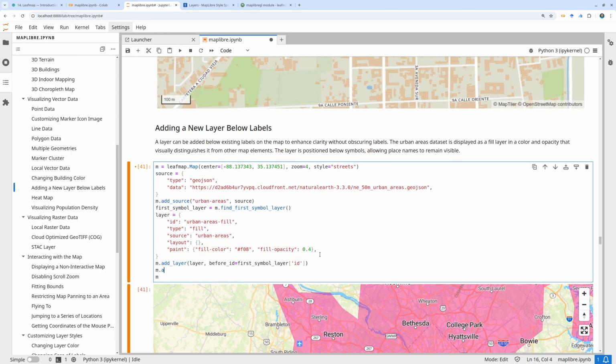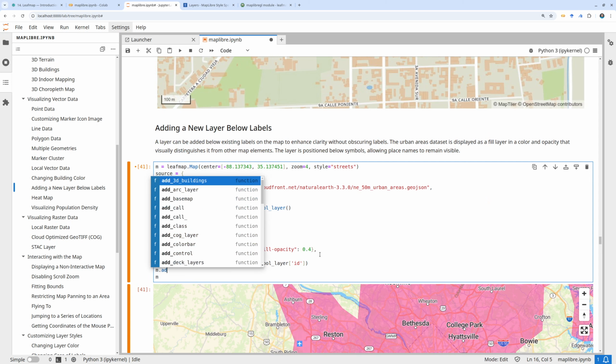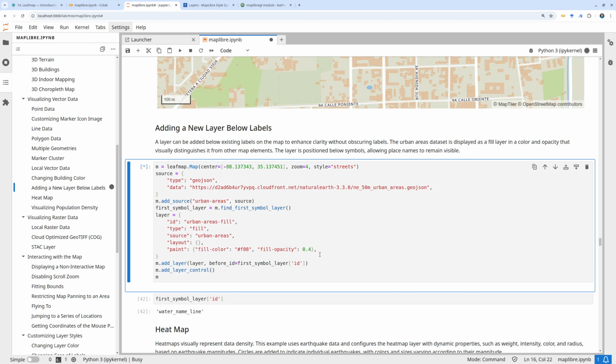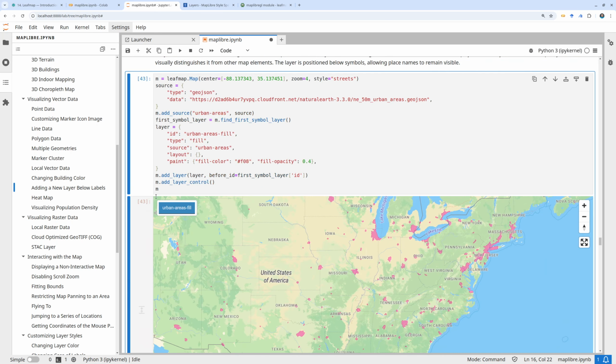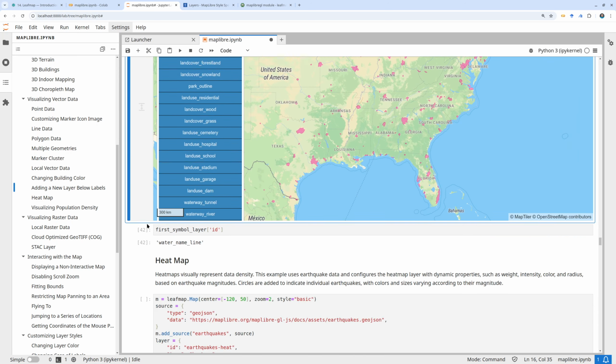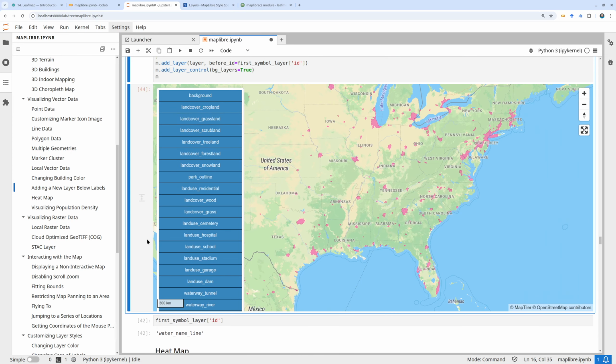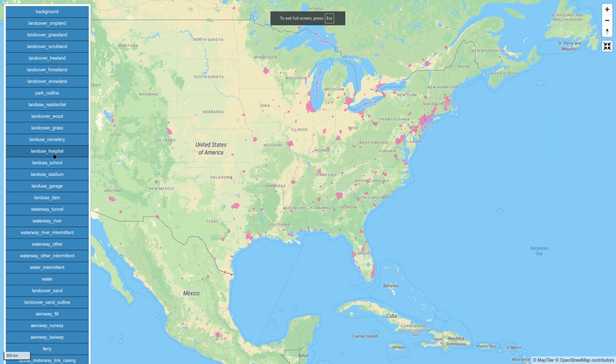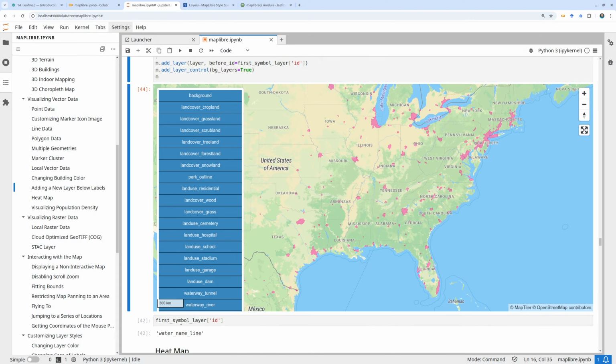So let me show you here, add layer control. By default, the background data is not added. So if you turn BG layer equal to 2, then you will show all the data layers. And the first symbol one is actually this one. But right now, because it's a vector type, there are a lot. It doesn't show them all in here, so we cannot see which one. But the name is coming from here, water